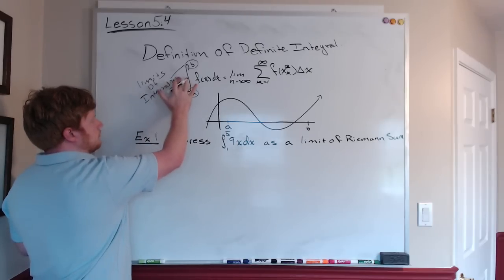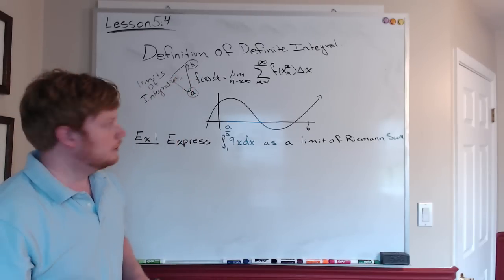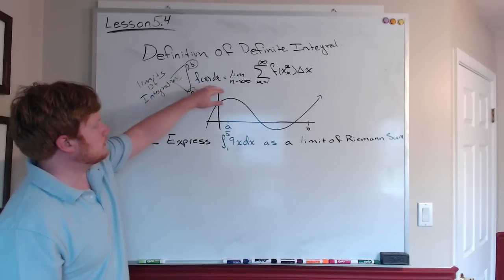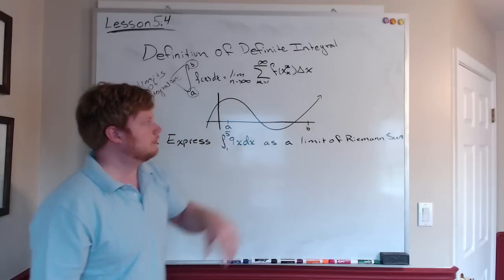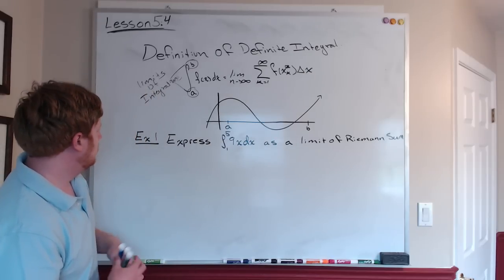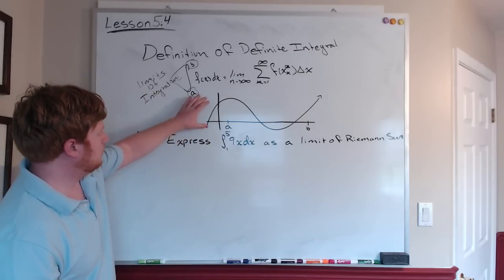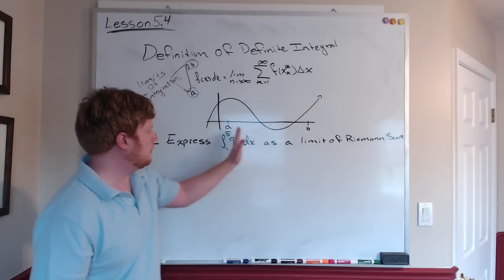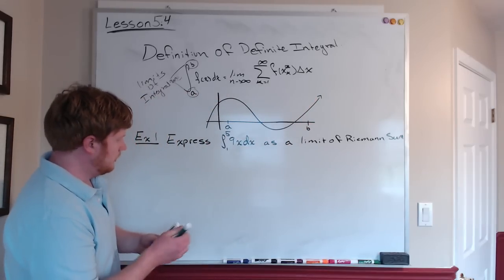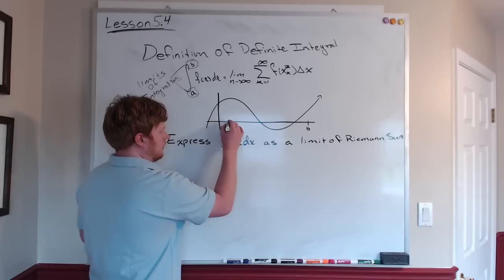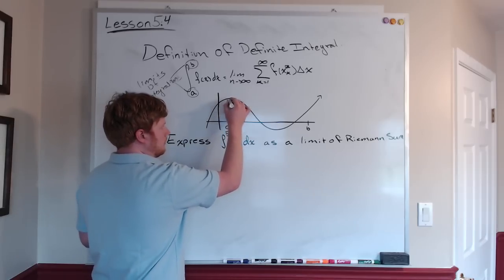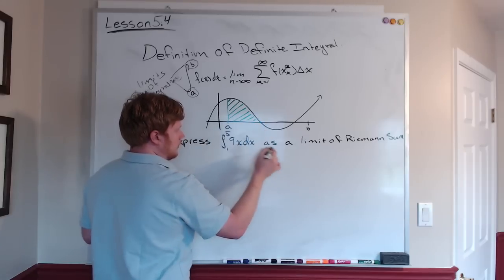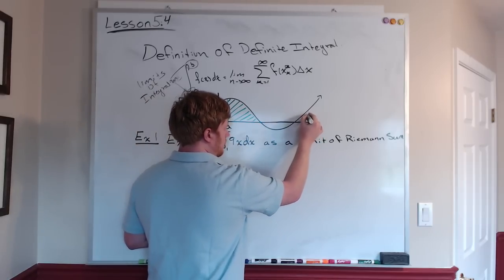Limits of integration. So the integral from a to b of f of x is equal to the Riemann sum, or the area under the curve. So looking at just this guy here, the area under the curve from a to b would be from a to b